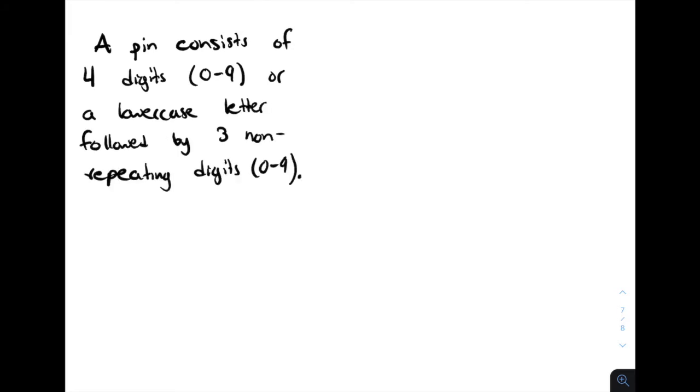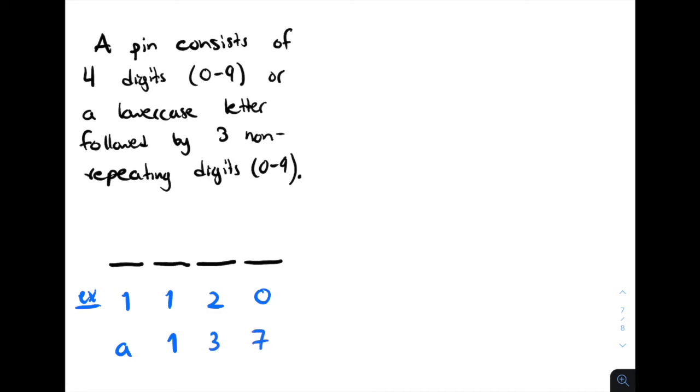Our second example has us consider 4-character long pins, and we're told that either the pin is 4 digits with no restrictions, or a lowercase letter followed by 3 non-repeating digits. As we build up our decision algorithm skeleton, it can be useful to picture our potential pin. Our pin could look like 1120, or it could look like